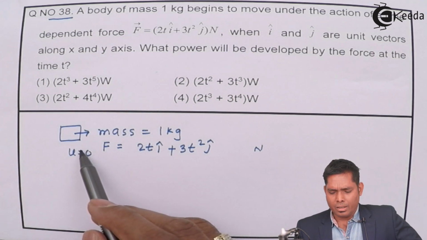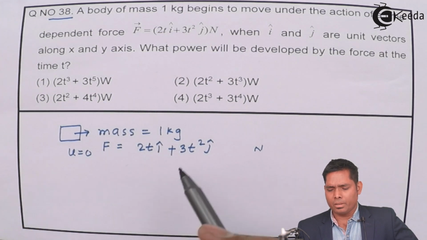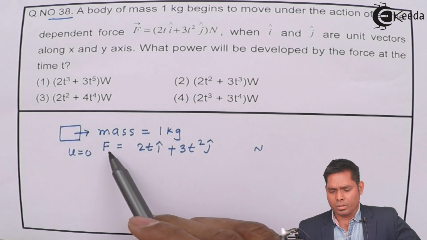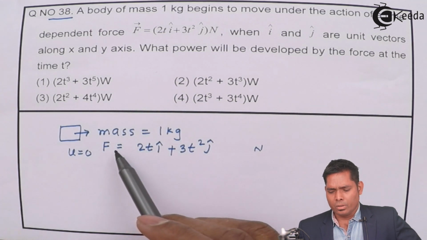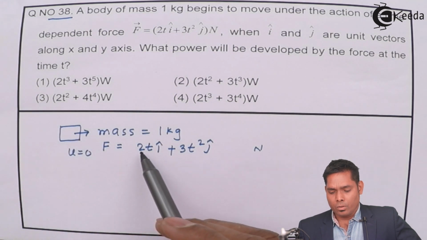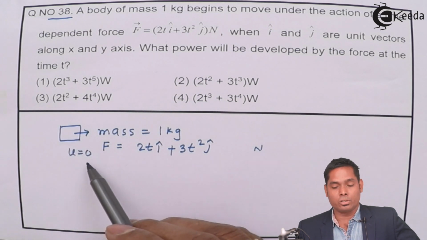So it means that u is not 0. Starting its motion means already it is in motion, and at a certain time a force starts acting. Or it starts from 0,